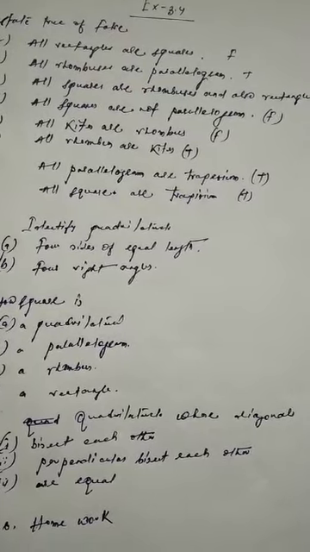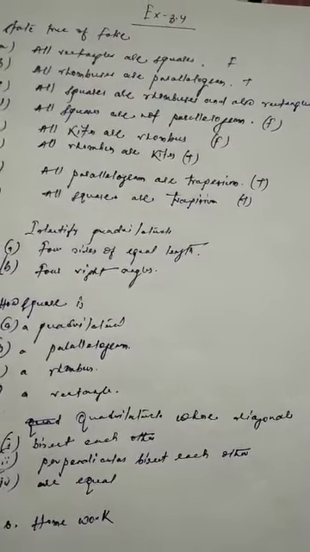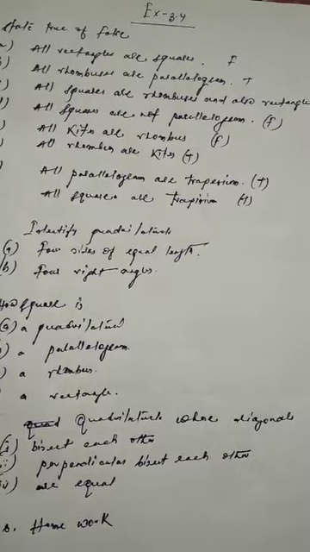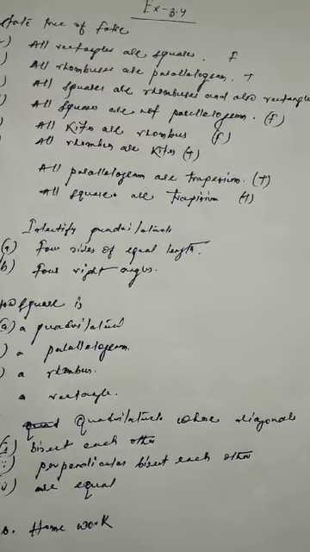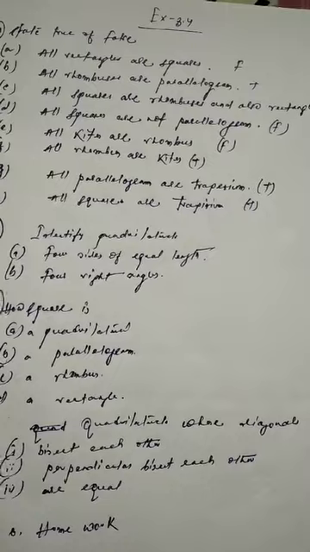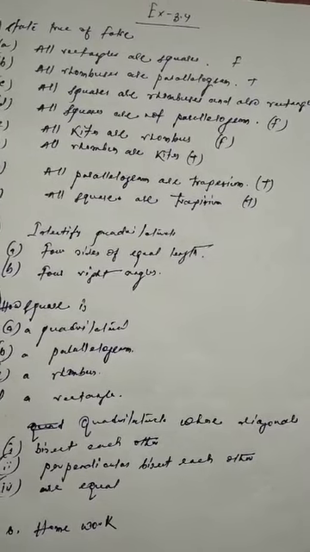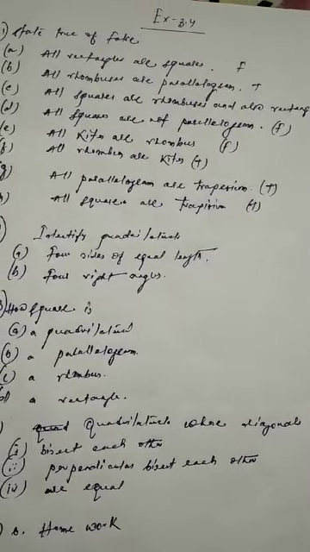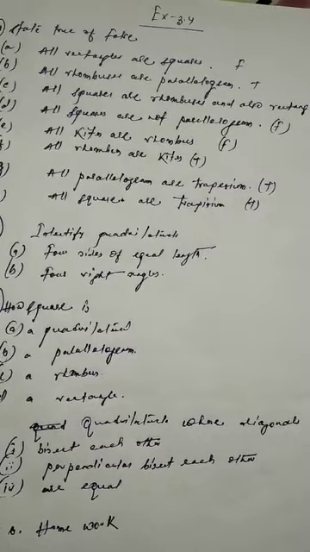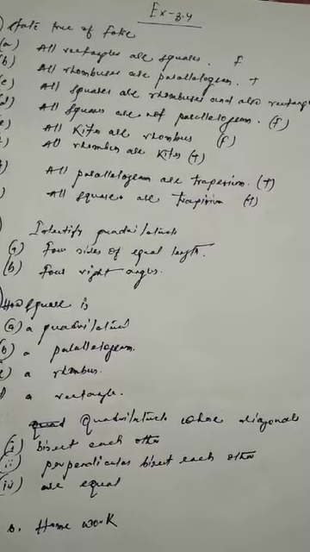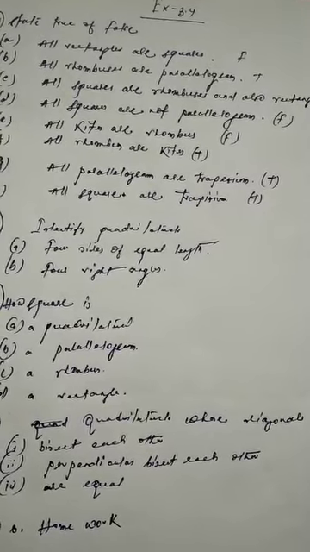A square is a rectangle in this way: a square has opposite sides parallel and equal, and a rectangle has opposite sides parallel and equal. Diagonals bisect each other in a square, and in a rectangle also. So in this regard we could say that a square is a rectangle also.